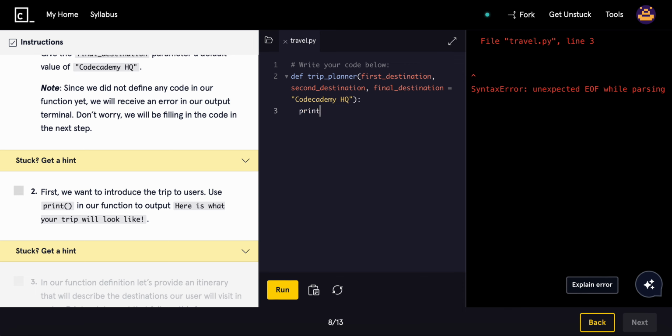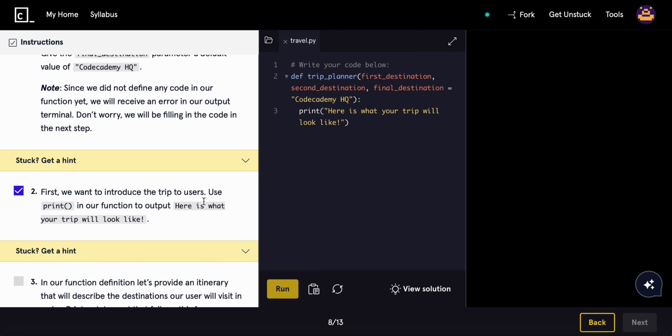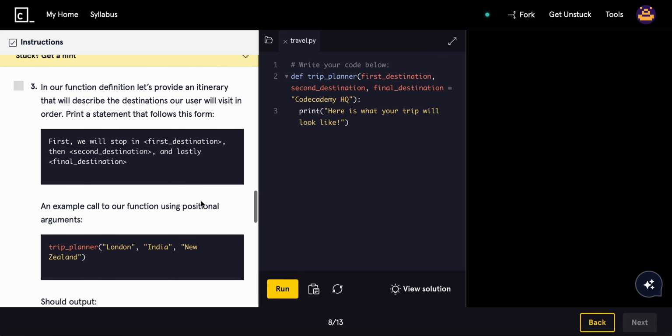And again, we have to use a print function to do this. So we simply just put it in like that. And then in our function definition, let's provide an itinerary that will describe the destinations our user will visit in order. Now print a statement that follows this form: First, we'll stop at